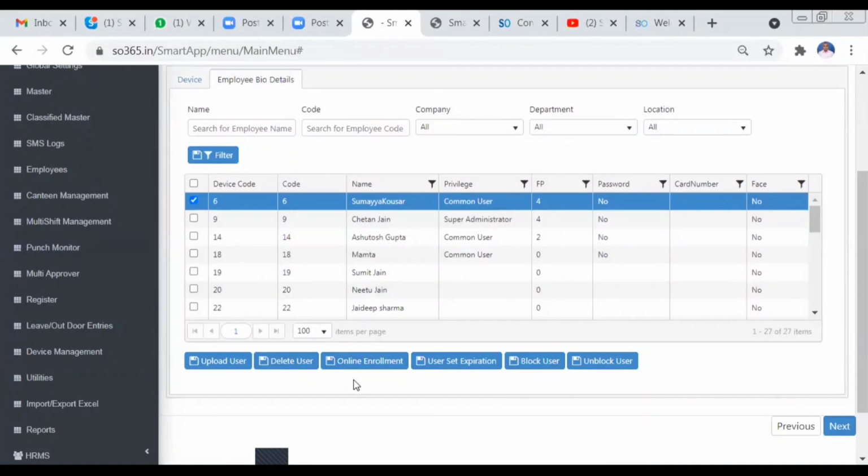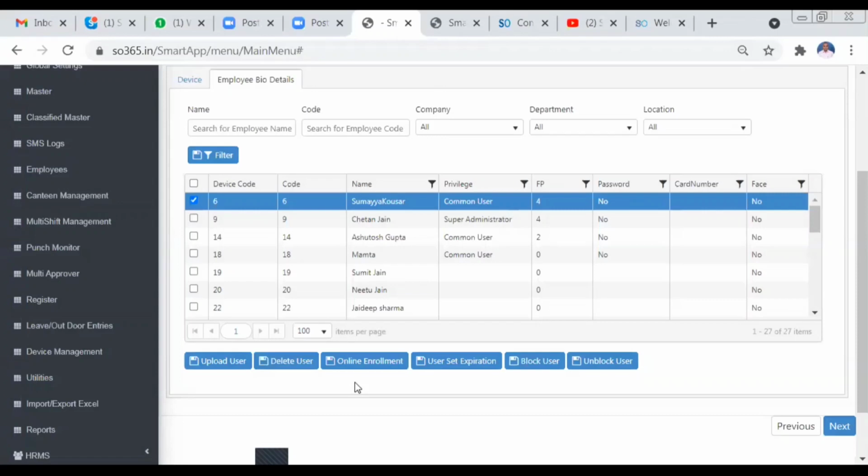So online enrollment is nothing but if you want to enroll the employees in the absence of the reporting manager, in the sense admin of the biometric machine. Usually the biometric machine will be locked and no one will have the authority to access that biometric machine.